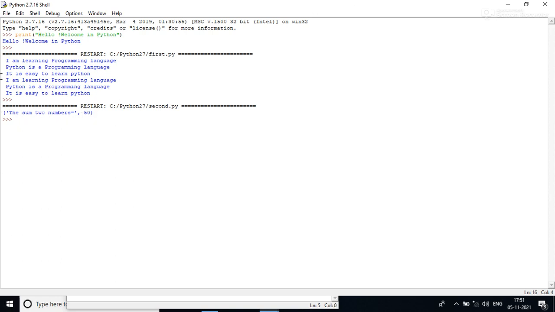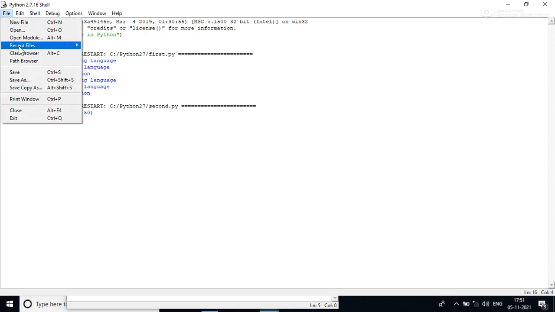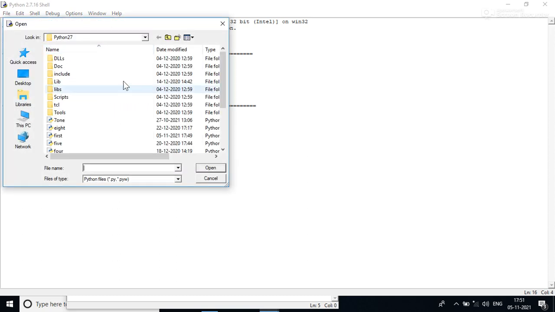If you want to print the values of the A and B variables, again open your program. Your program name is second.